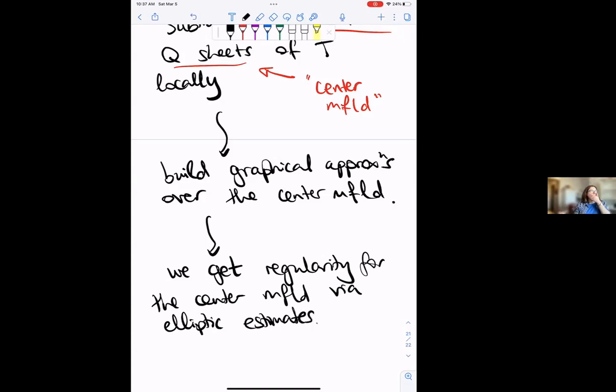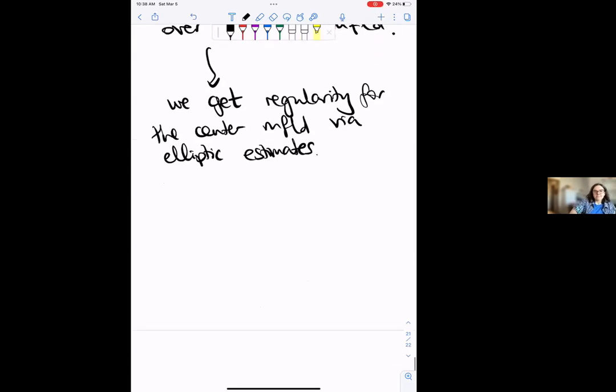And actually, this is where it turns out you need this C3 alpha regularity of the ambient manifold, because that gives the obstruction of regularity for this center manifold. So you can get as much regularity as the ambient space at best, and you need C3 alpha regularity for the center manifold in order to bound various errors coming from variational estimates. Okay, so